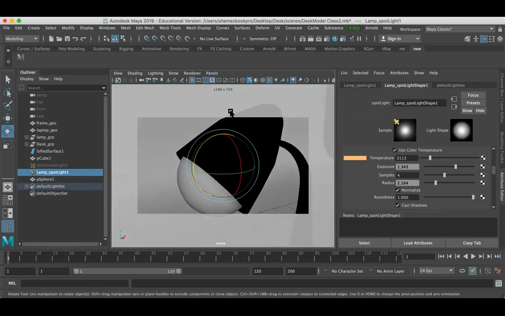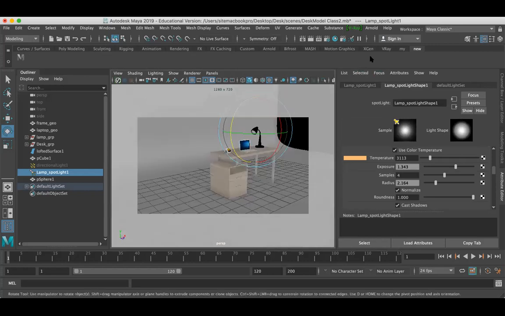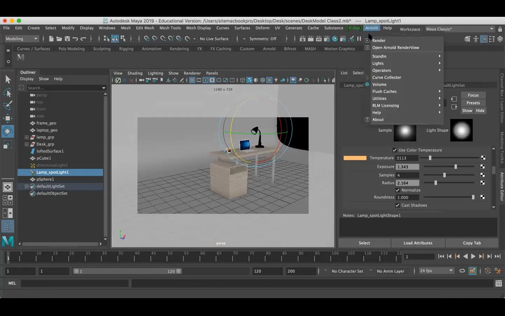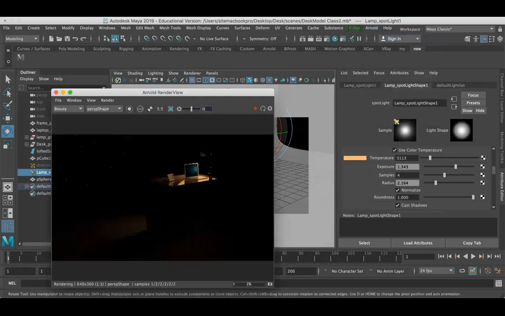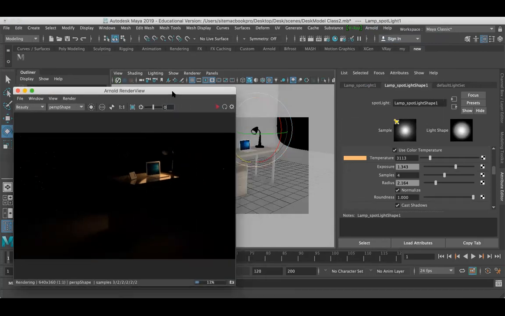Let's see how it looks right now. Render. 2.3. I want to just work with play so that you can see here.